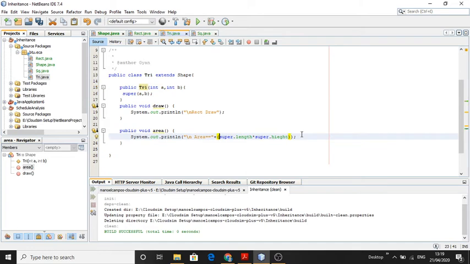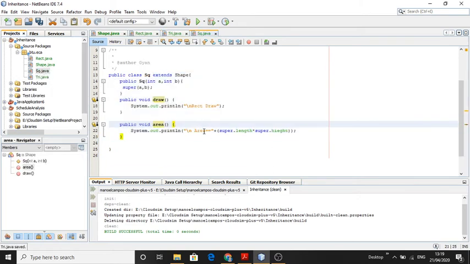So the area of a triangle will be multiplied by, also divided by 2, and this is the triangle, and in square this is for the square.